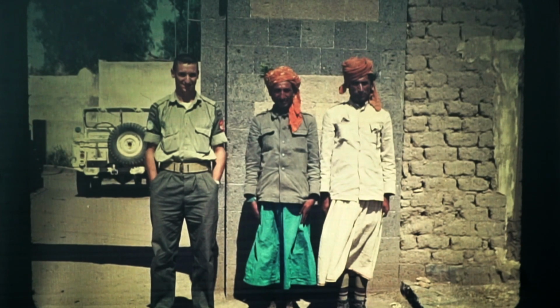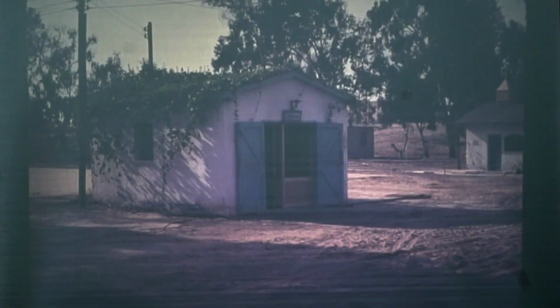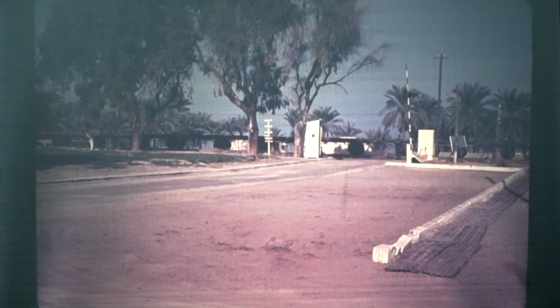So we made kind of friends with the locals, and we also learned to speak a little bit of Arabic. This was the tailor's shop where we all got fitted out with the oversized shirts and pants and stuff that we got in Trenton before we left for here. This is the back entrance to the gate. It's not in the picture, but over here there was a mosque, and they used that for their praying 5 times